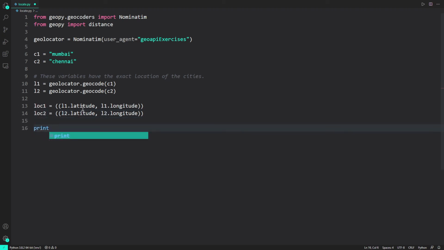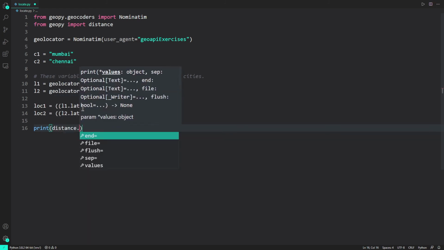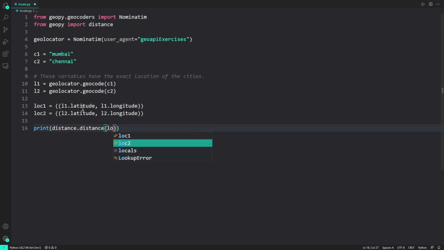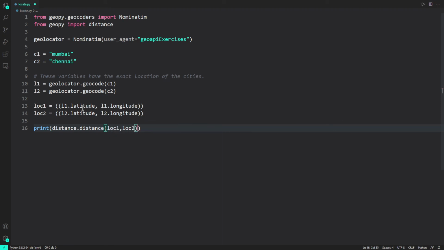Now finally we are going to use the distance function, distance, and inside I'll say location 1 and location 2, and I want the distance in kilometers, so I'll write km, and also just add a kilometers after the result comes.